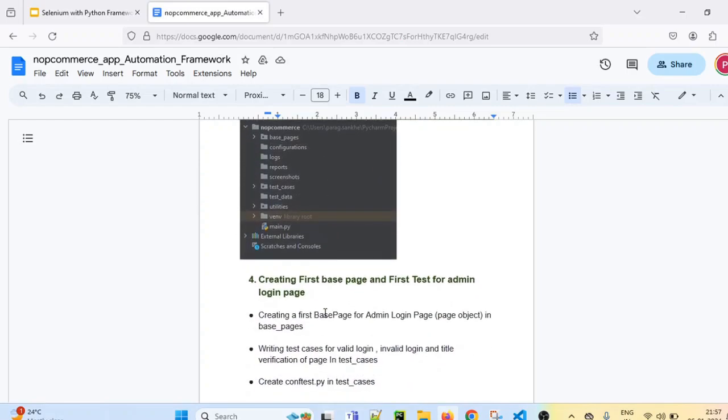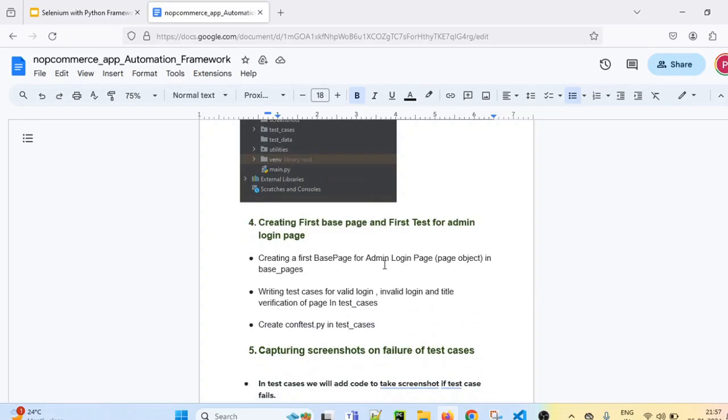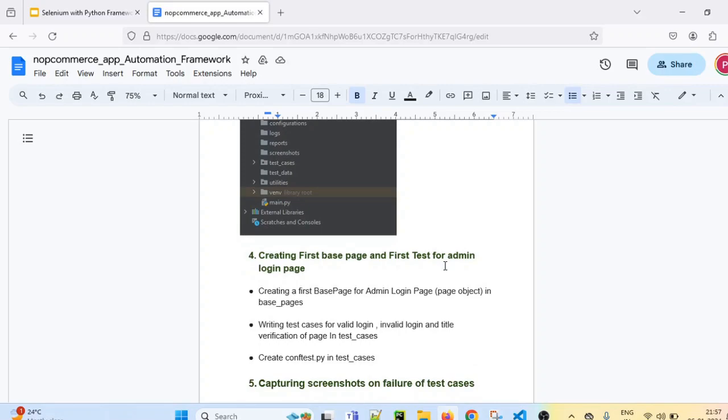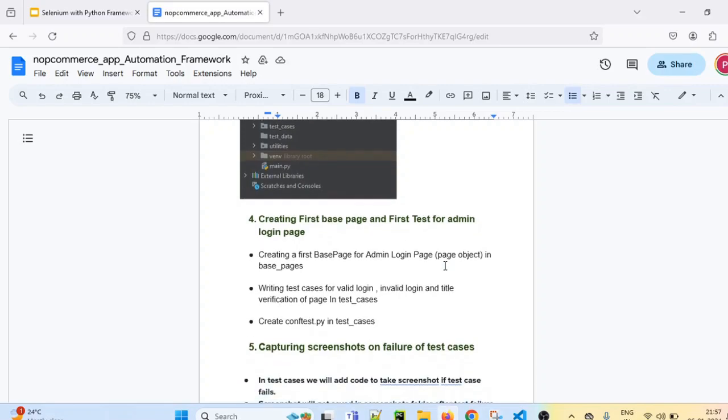After creating the folder structure, we have created a first base page and first test for the admin login page for the NopCommerce app.